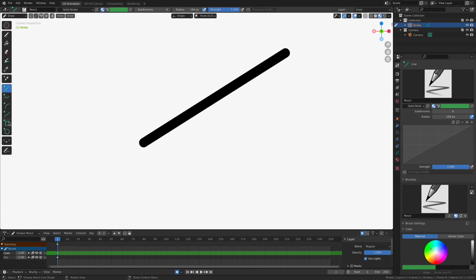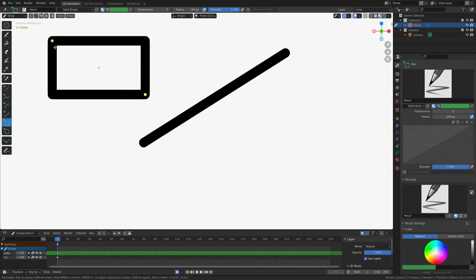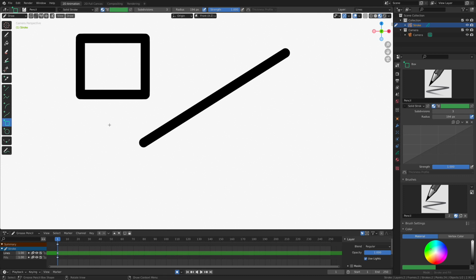Let's do it again. We use the square. Same thing goes with the square. I've just drawn it here. These little yellow dots will allow me to go in and do that. Of course, check it out. I have some options up here. Maybe the radius. Oops, can't do that at the moment. I should have done that before. But let's hit the Return key, and then voila, pretty cool. Let's make the radius a little bit smaller. Let's try it now. Yeah, that's what I was looking for. Pretty cool. So this is some pretty neat stuff. So don't forget to hit the Return key after you're done using these simple shapes.